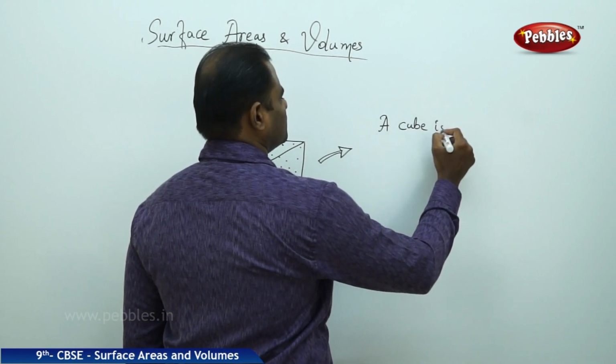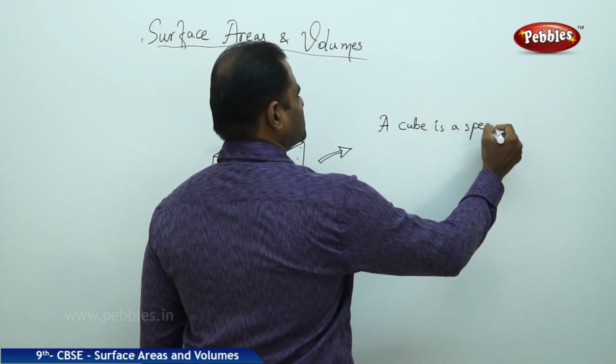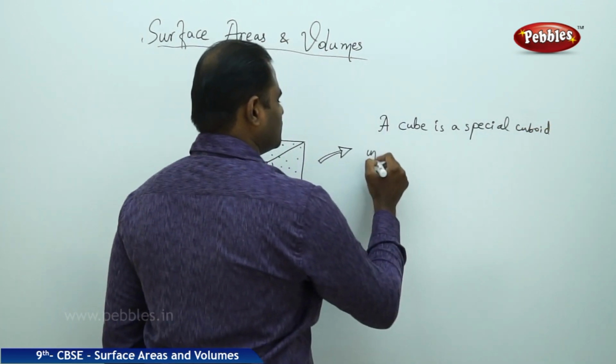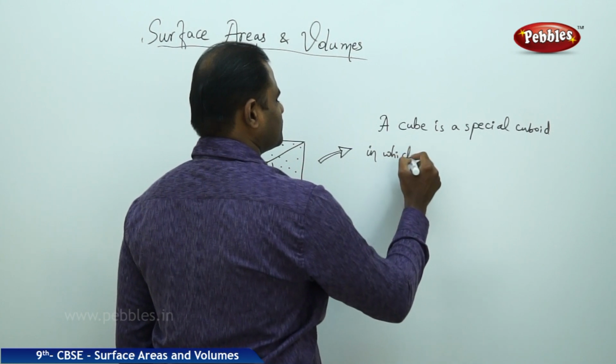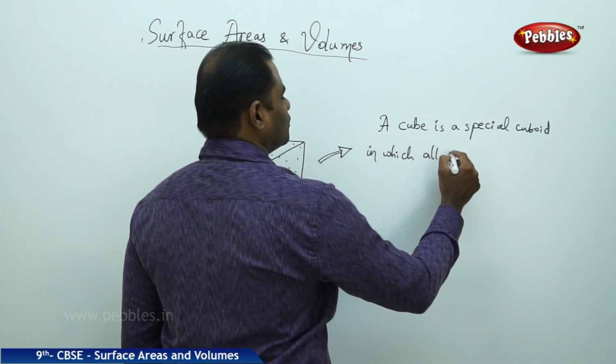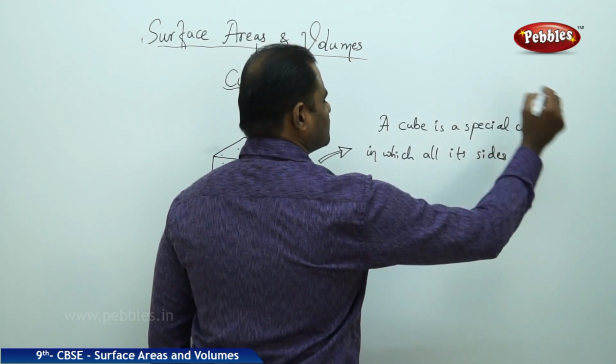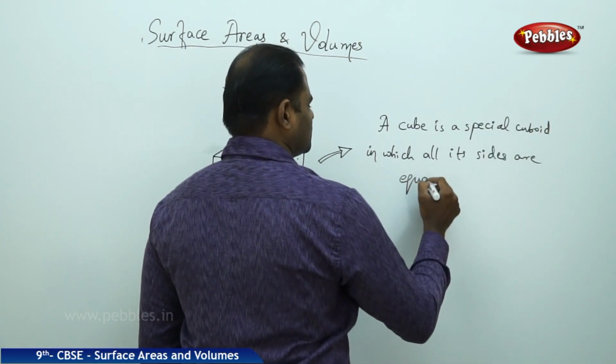A cube is a special cuboid in which all its sides are equal